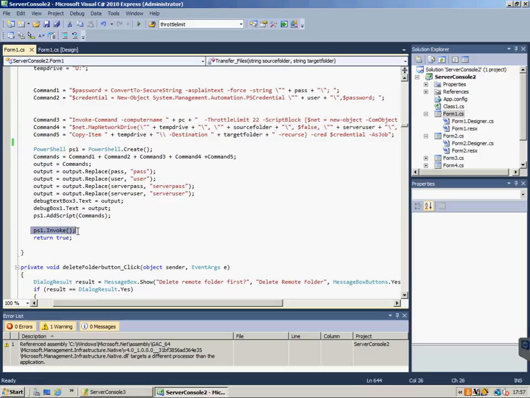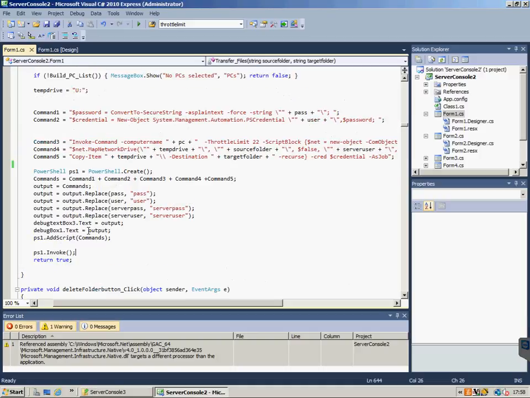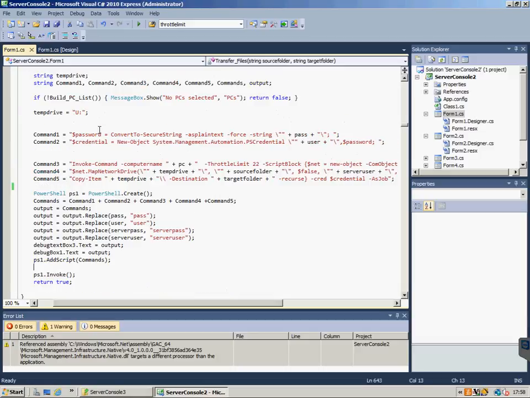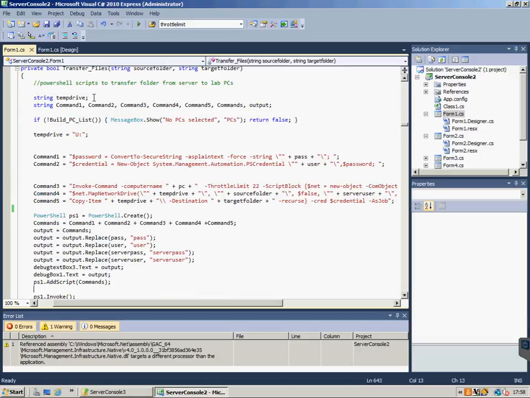So that's simply it. All you need to do really is to build your PowerShell commands. You create a new PowerShell script, you add the commands to the script, and you just invoke the script. So there's just 3 parts to it really. And if we look at what the debug window is doing, you'll see how useful that can be. If we start the program,